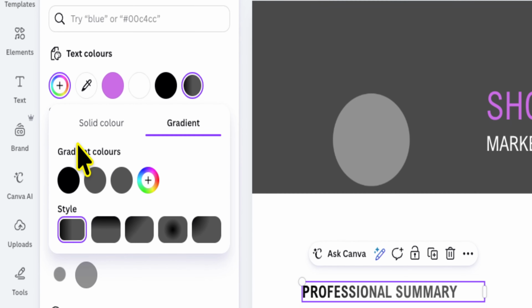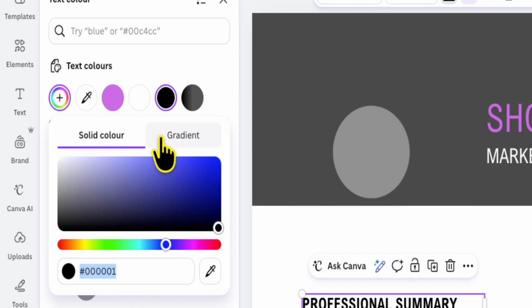So once you click on that, there will be two tabs, a solid color tab as well as a gradient tab. You want to click on the gradient tab. Now, inside this tab, there are two sections, gradient colors and style. We're going to start with gradient colors. To add a new gradient color, click the rainbow color palette with the plus icon in it